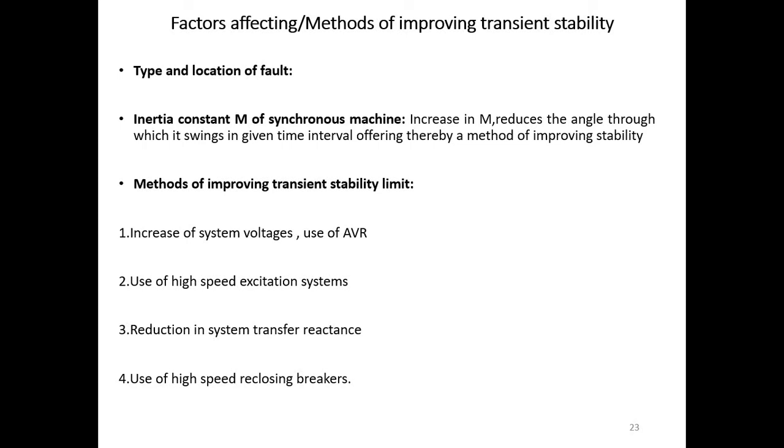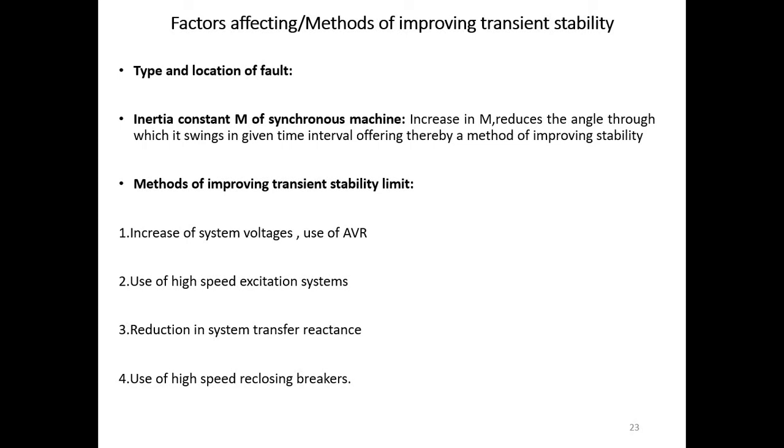So these are the different methods for reduction in the system transfer reactance. And the last method for improving the transient stability is the use of high speed reclosing breakers. As the majority of the faults are transient in nature, in case of transient stability, rapid switching and isolation of unhealthy lines followed by reclosing has been shown earlier to be a great help in improving the system stability